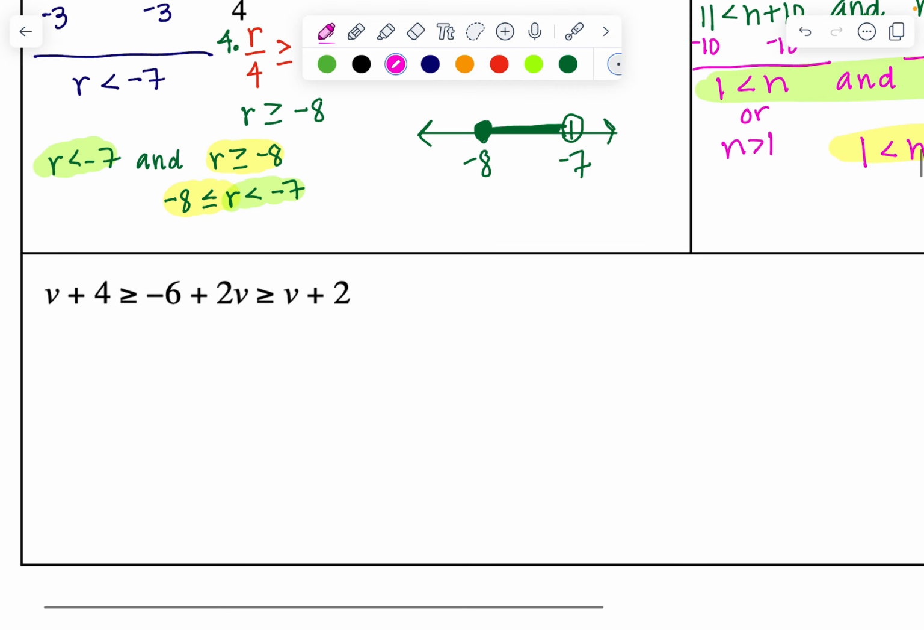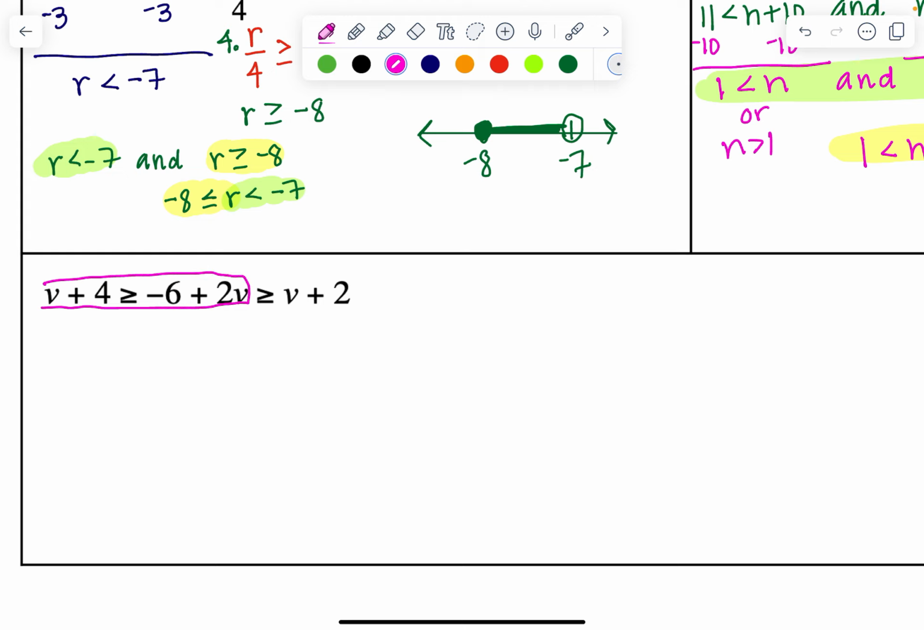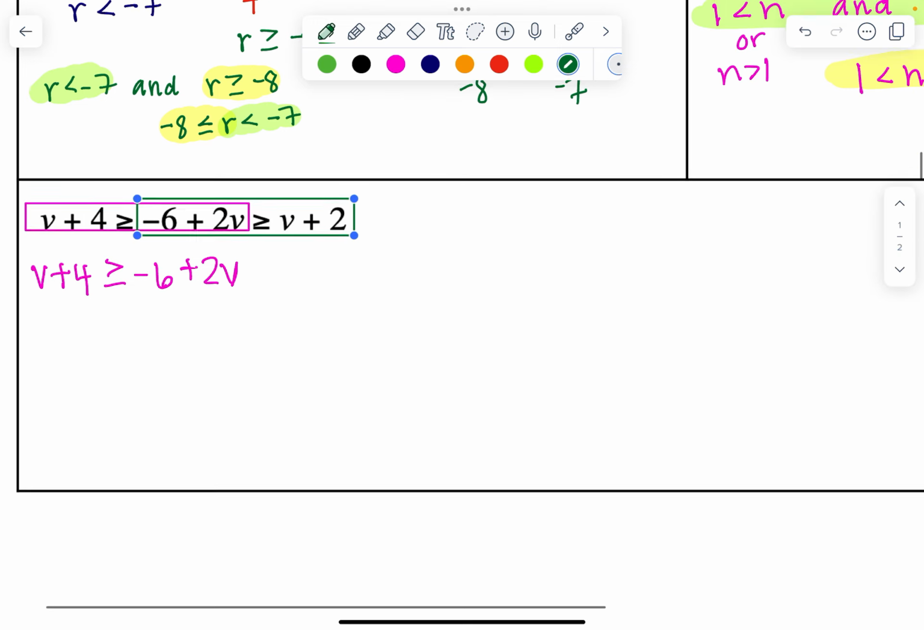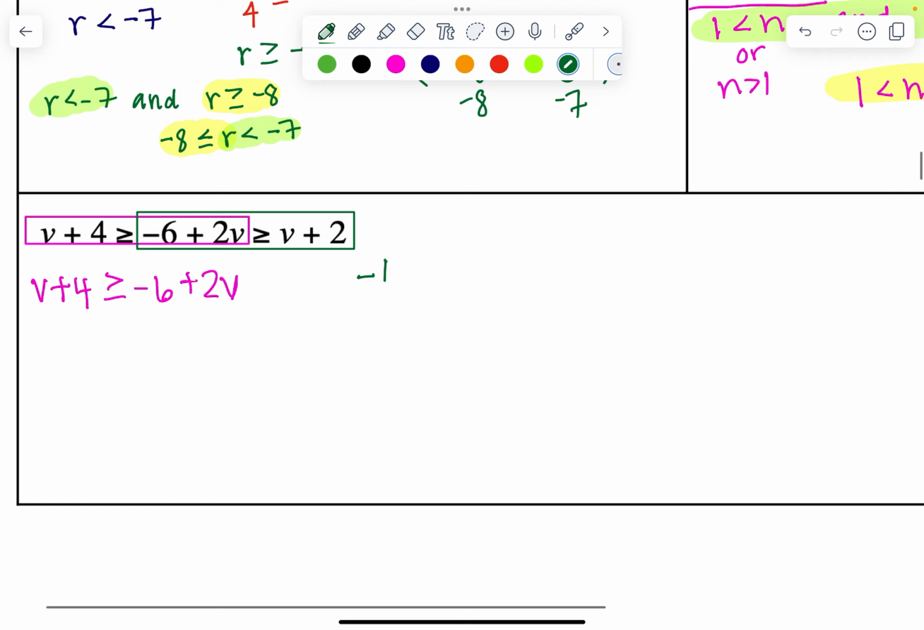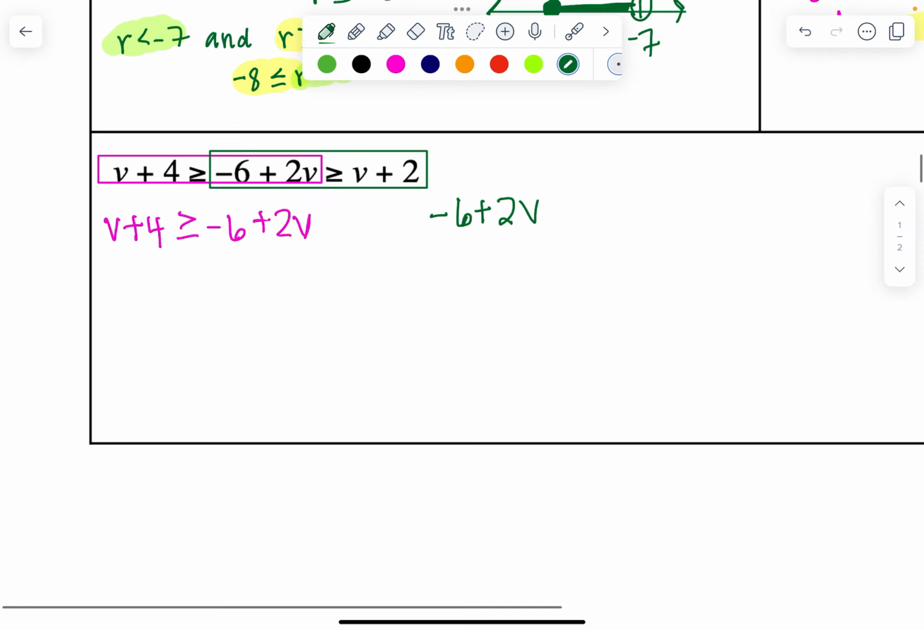Let's look at this one. Again, we're going to split it up. So our first inequality is v plus 4 greater than or equal to -6 plus 2v. And then our second inequality, again, the part that's in the middle is going to be part of both inequalities. So then we have -6 plus 2v greater than or equal to v plus 2. So solving these two separately,